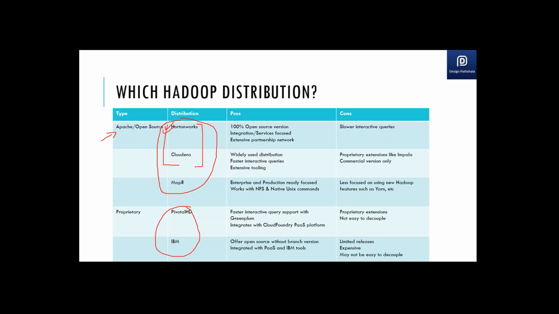Like I told you, Cloudera has something called Impala, which gives you an in-memory SQL kind of thing. MapR has things like Greenplum. So there are a few differences, but from the developer perspective, it's all the same to us because the processing and the code which you are looking at, how we are putting things together, is all the same.